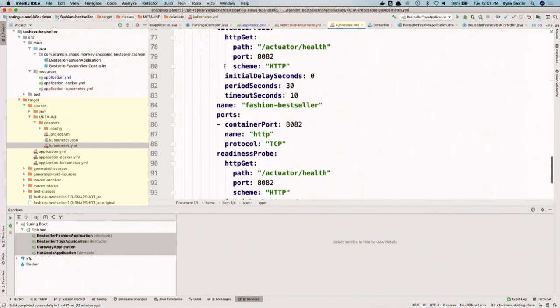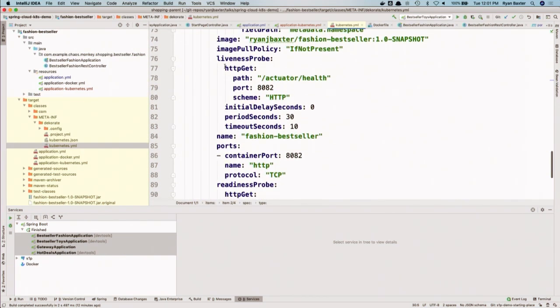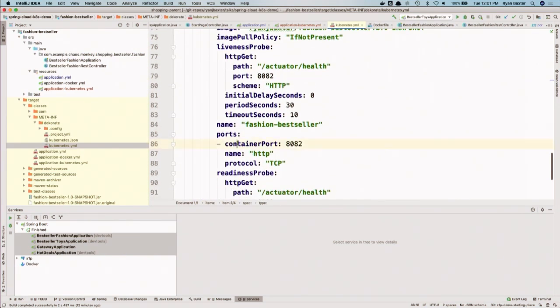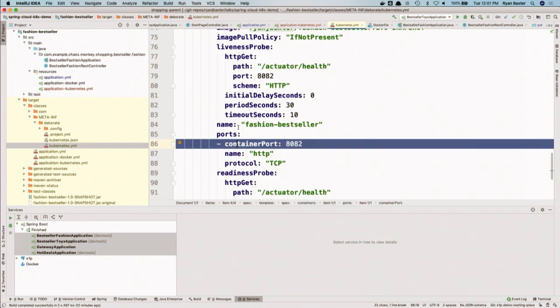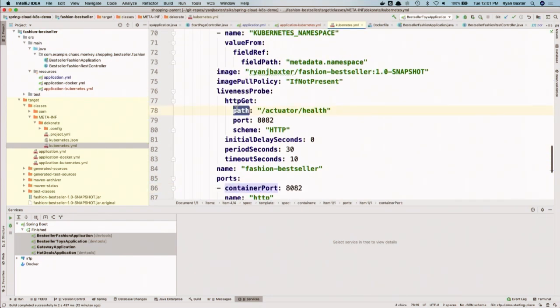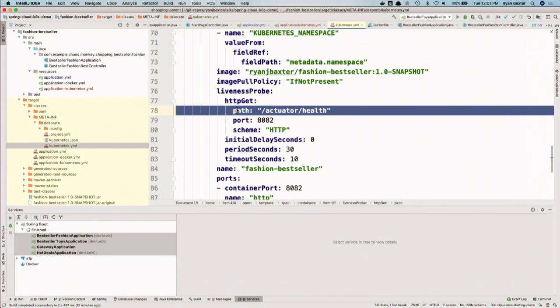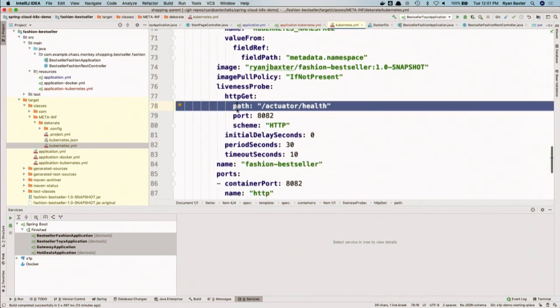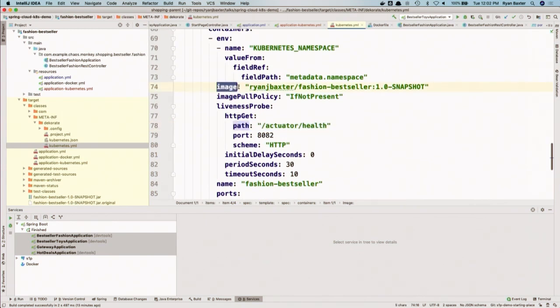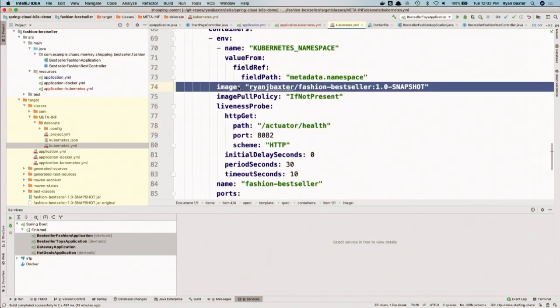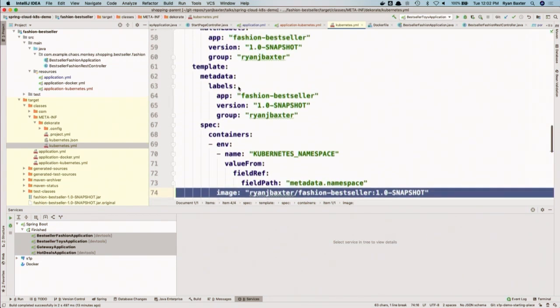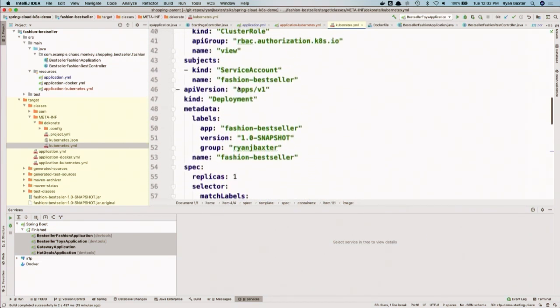Like I said, it inspects things like the server.port property to come up with the right container port. It sees that Actuator is on the class path, so it automatically sets up liveness and readiness probes for Kubernetes. It determines the image name based on my username from my machine, as well as the application ID and a handful of other things here.